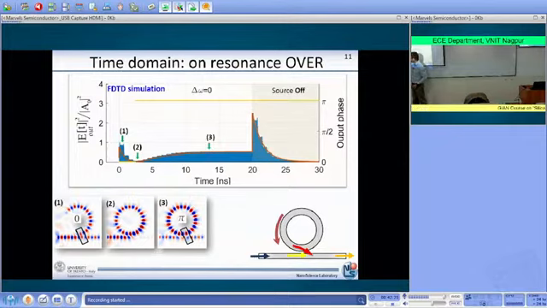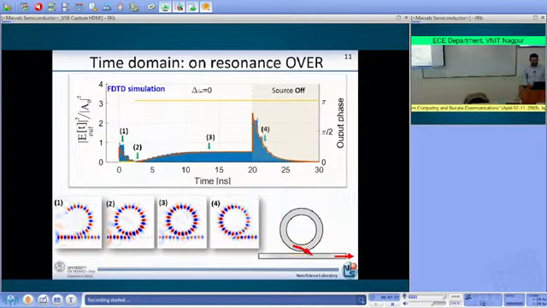And the reason why you have a pi phase difference is because the light that is coming out here is indeed the light that was traveling inside the microring resonator. Okay? And then at the end of the pulse, when the input light is switched off, you still have some light that is coming out from the microring resonator. And the reason why you see this light is because it's the light that was traveling inside the microring resonator